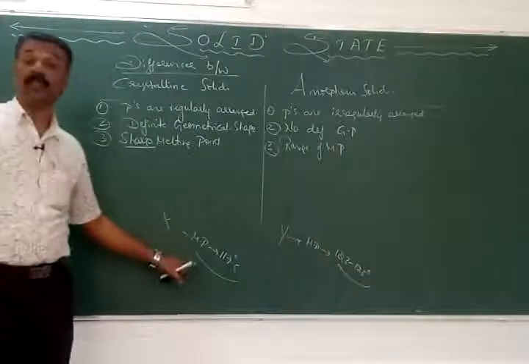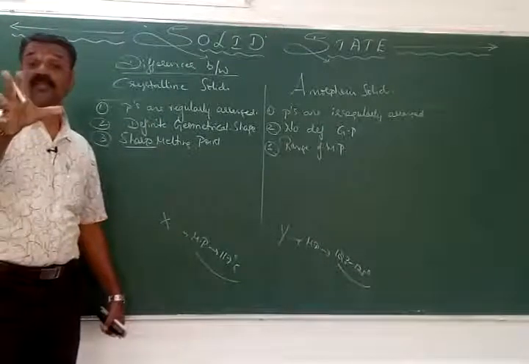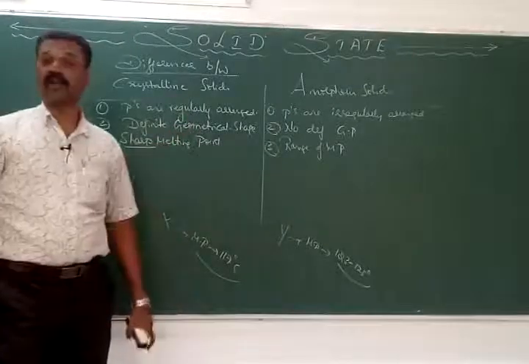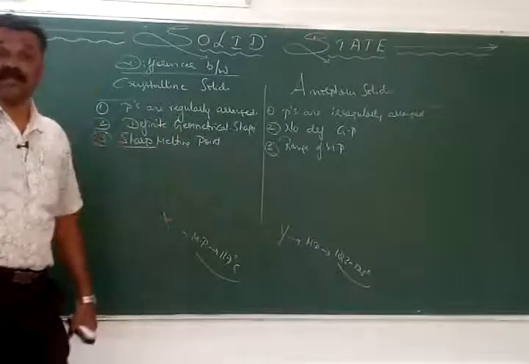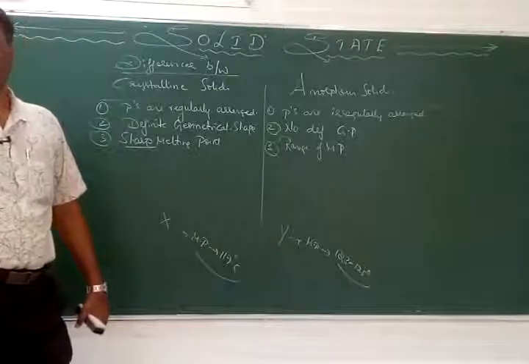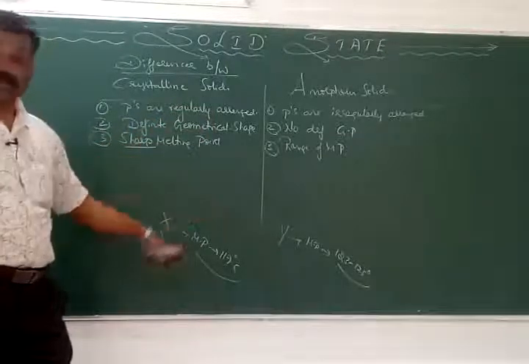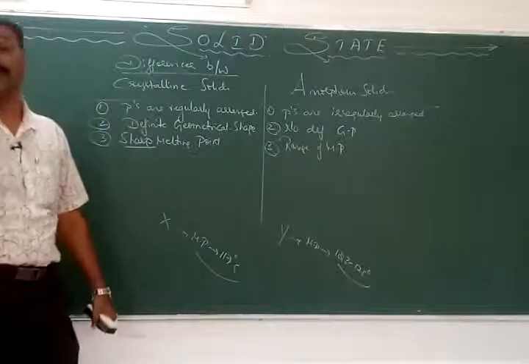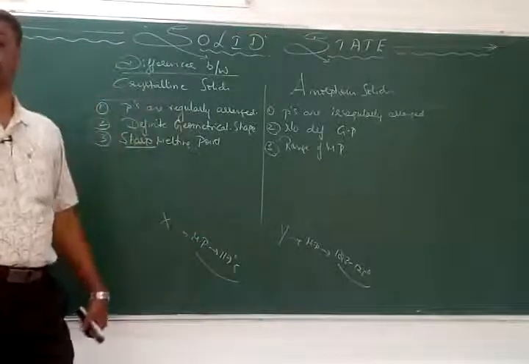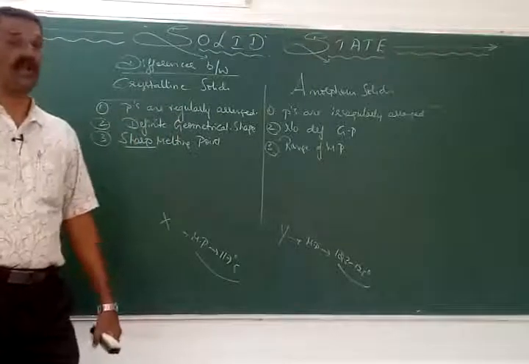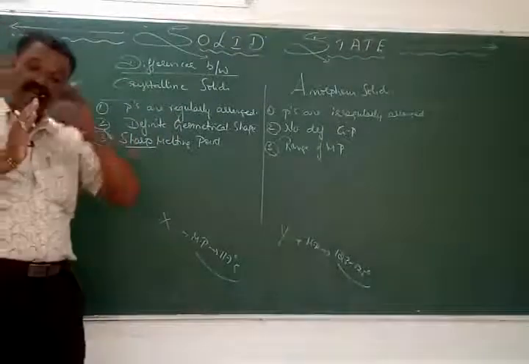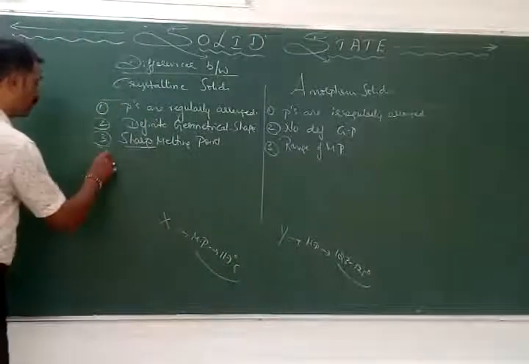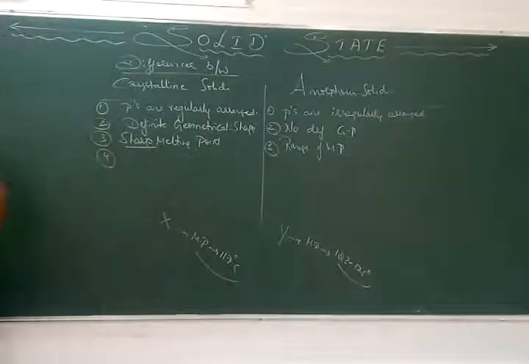It is fixed. Why? Because all the bond distances are going to be the same, because of the regular arrangement. But in this case, the arrangement is not so perfect. That is why we say it has a range: the bond distance between two adjacent particles is found to be quite different. Therefore, we take the average of that. That is why it doesn't have a sharp melting point. Or, to be exact, it has a range of melting points. Okay. Next.